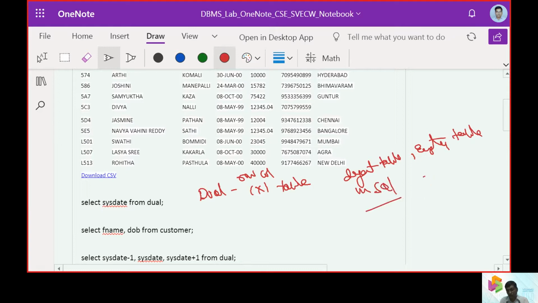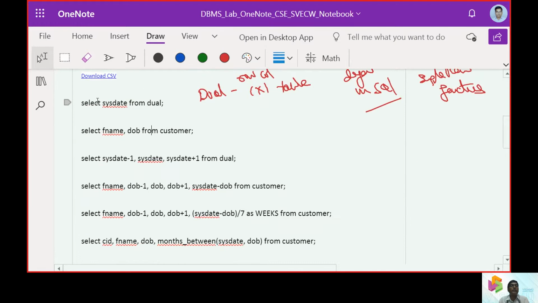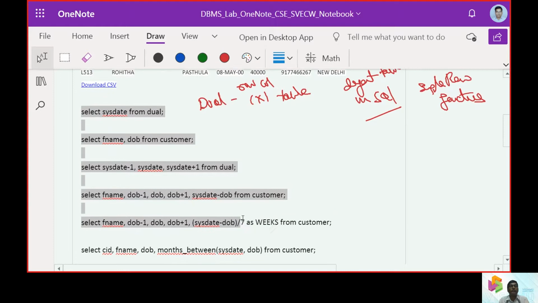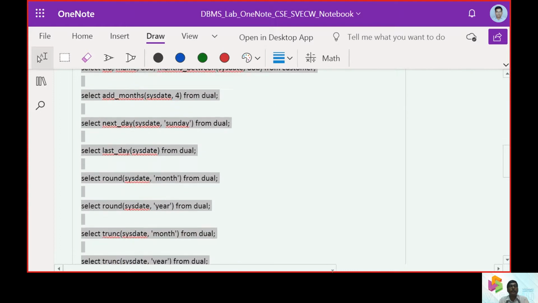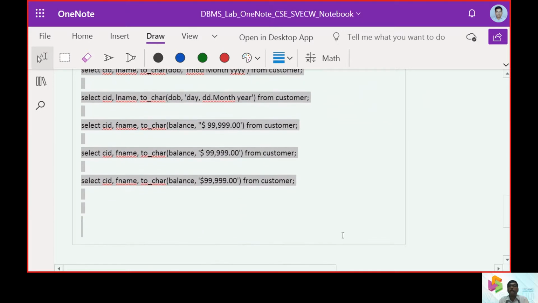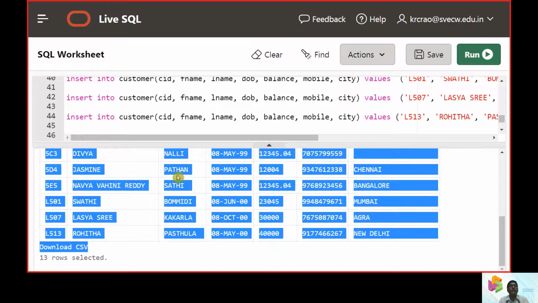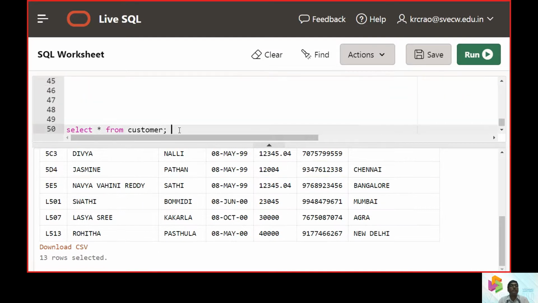To do all types of single row functions, either mathematical, string, or statistical, all these functions can be taken up from the dual table. Now let us work with some queries related to date and other values. We will put all these queries into our work area and then start executing one after the other.